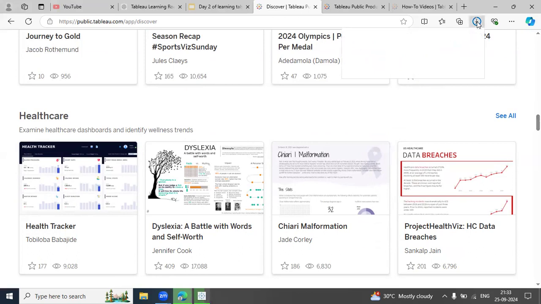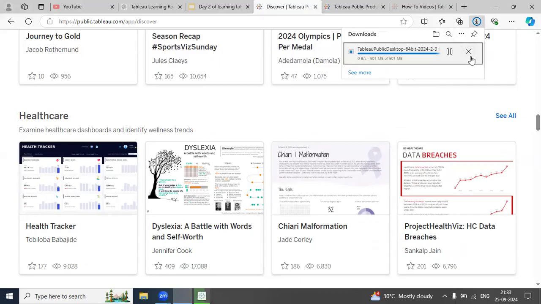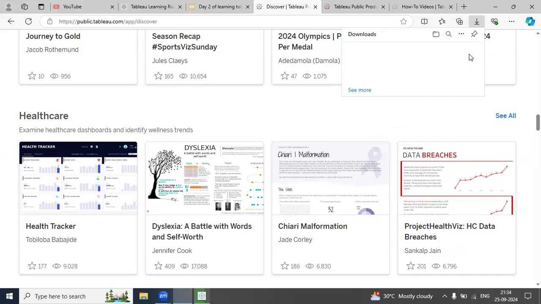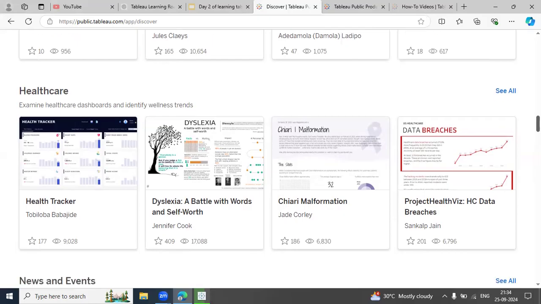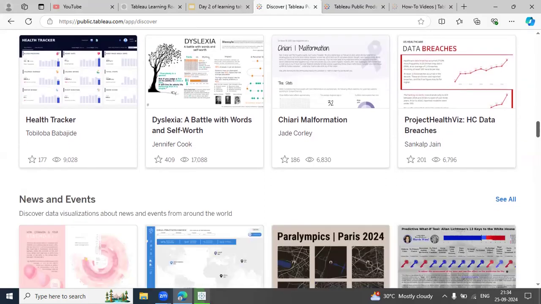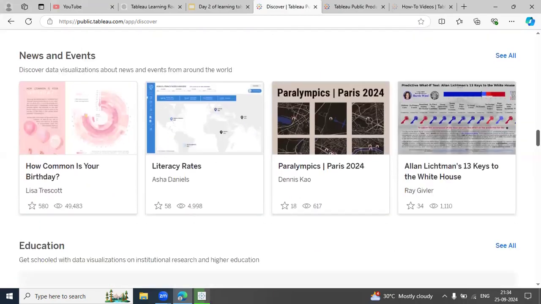It is also used in the field of healthcare, which identifies wellness strength, or basically is used to create dashboards for healthcare, like a health tracker, or to understand some mental issues, to battle with words and self-worth, and so on. There are some data bridges, of course.